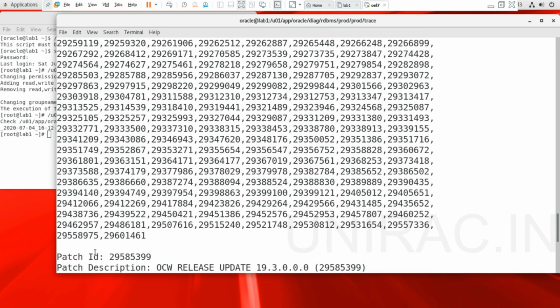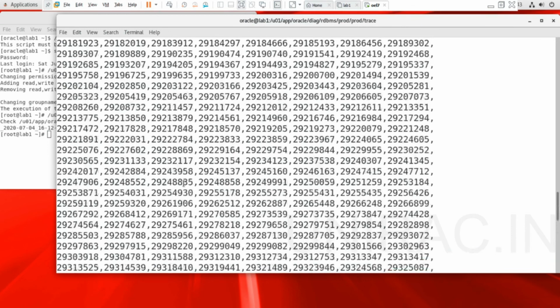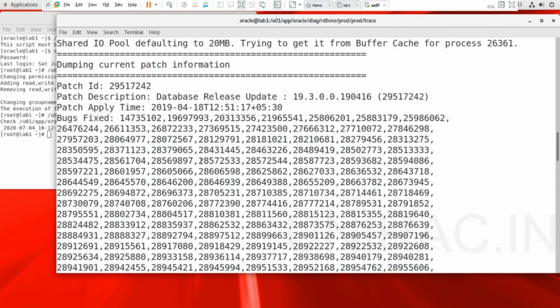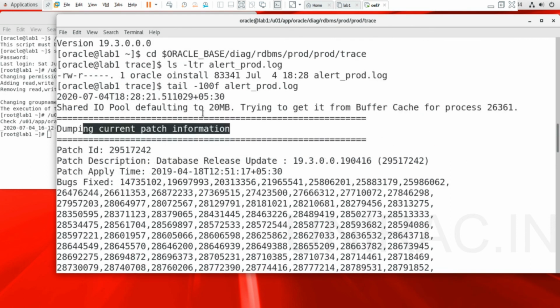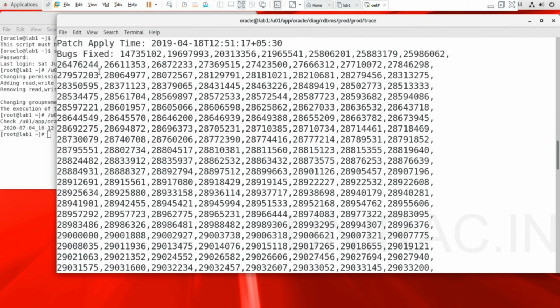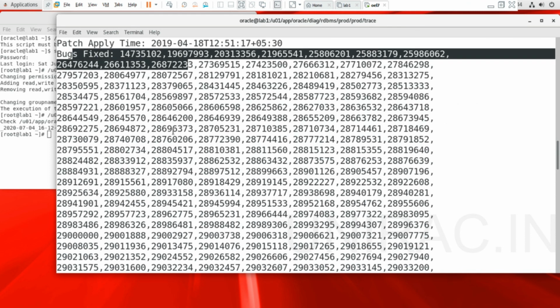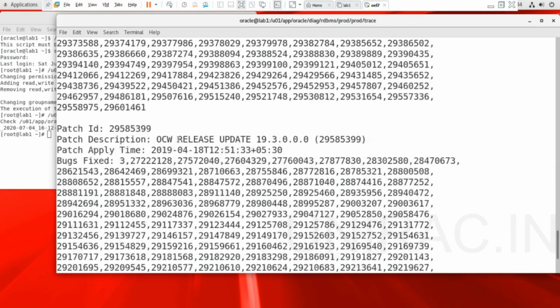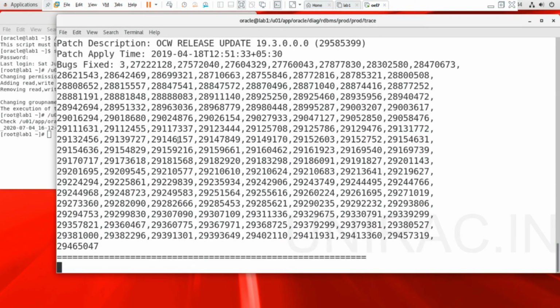It has details about your patch ID in the alert log. Once we create it, it dumps the patch information. You can see the bugs fixed, these many bugs fixed.